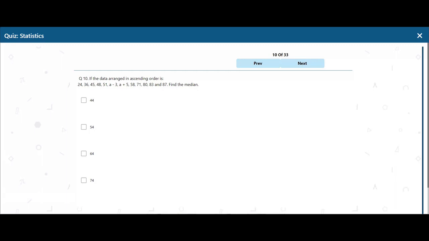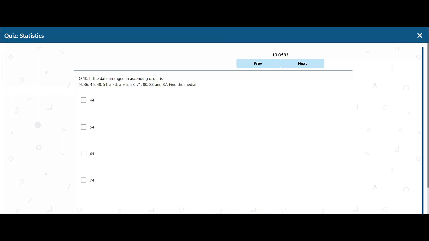Sixth and seventh. A minus 3, A plus 5 by 2. A minus 3 plus A plus 5 is 2A plus 2 divided by 2. That is 2A by 2 is A, 2 by 2 is 1. A plus 1. But the answer is they have given us